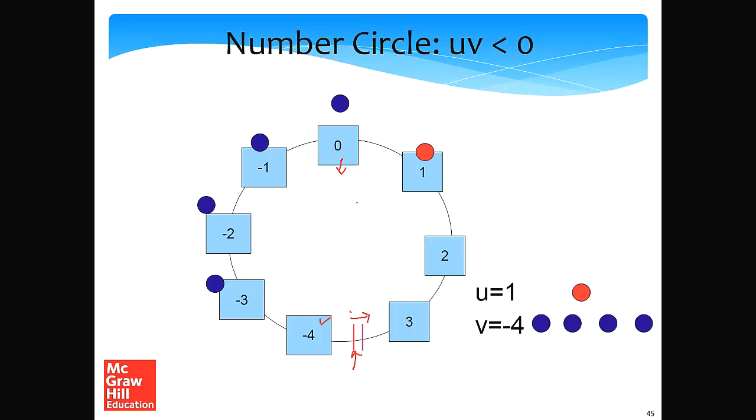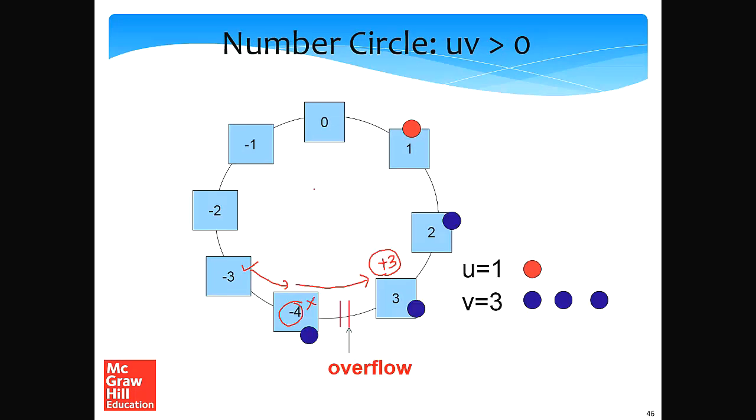And similarly, if I consider any other example, let's say I start at 2, I need to travel more than 7 steps to actually cross the breakpoint, and need to add minus 7. Since minus 7 is not in the range of the number system, we'll not have an overflow. So this is why if one of the numbers is positive and the other is negative, or the other is 0, we will not have an overflow. But if both the numbers have the same sign, we can always cross the breakpoint, as we have seen.